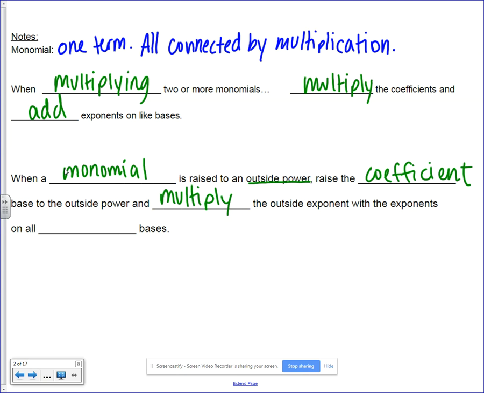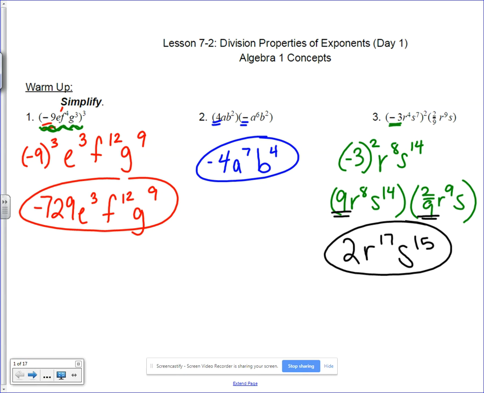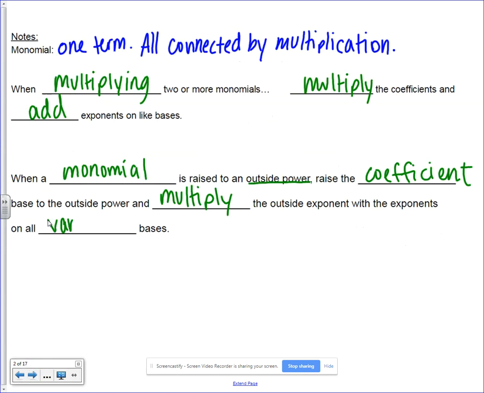Okay, so let me go back here. This problem was an outside power problem, right? What part of this did I multiply the exponents on? Okay, so like that 3 got multiplied by that 3? But what kind of a base did it have? What is this thing called? Variable. Yeah. On the variable bases. Okay, so since I told you we're doing division, which is the opposite of multiplication, don't